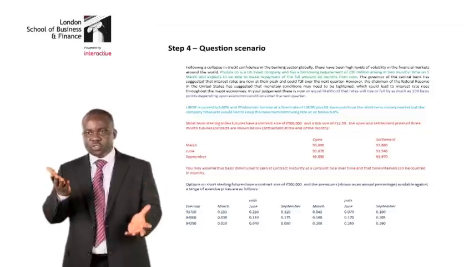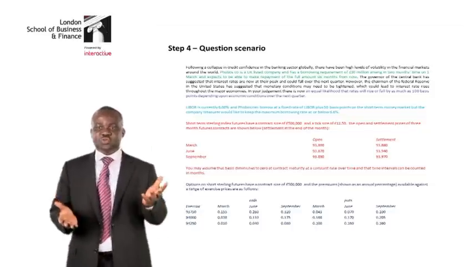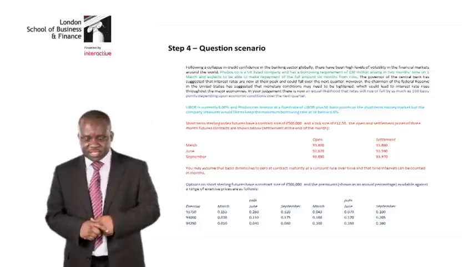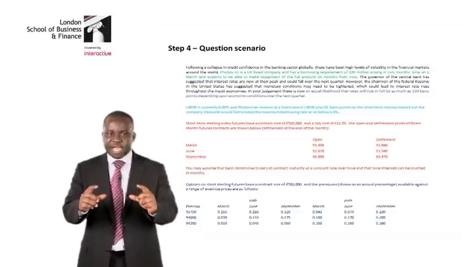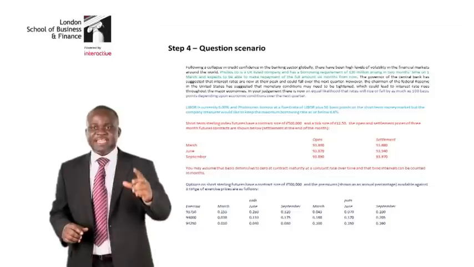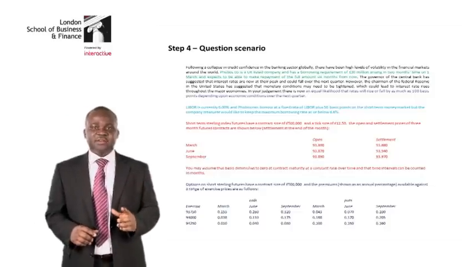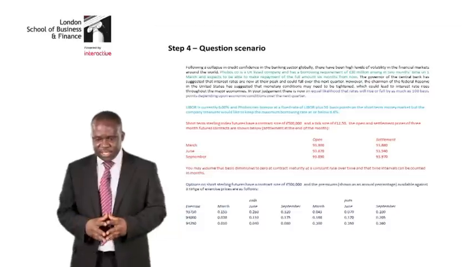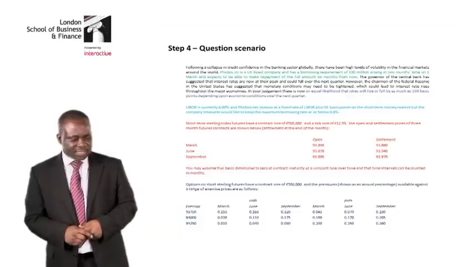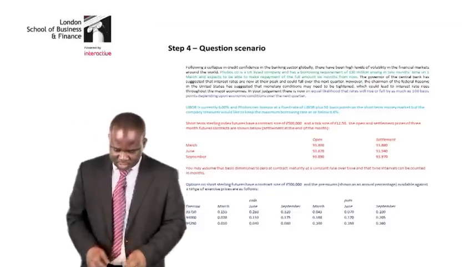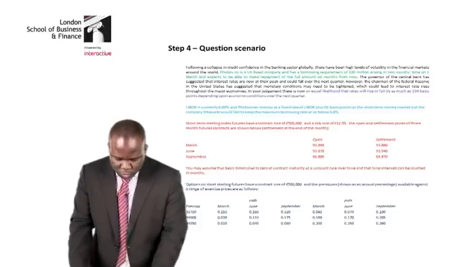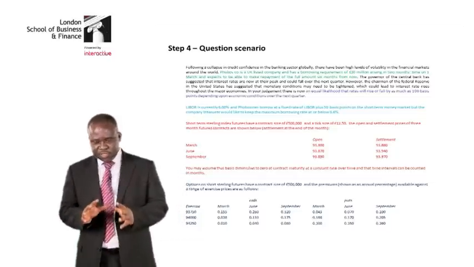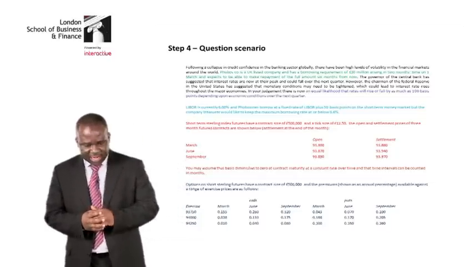Equal likelihood means 50% chance that it will increase, 50% chance that it will decrease. How much are you expecting? You are expecting that change will be 100 basis points. And obviously, 100 basis points is expressed as 1%. So you need to also note that. That is the reason why I have actually used a different color for that.